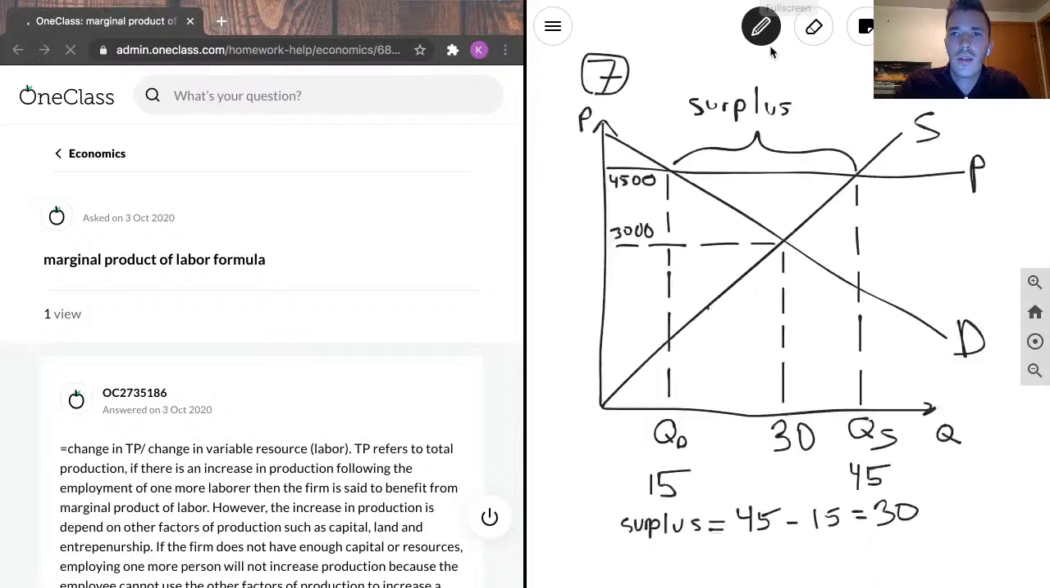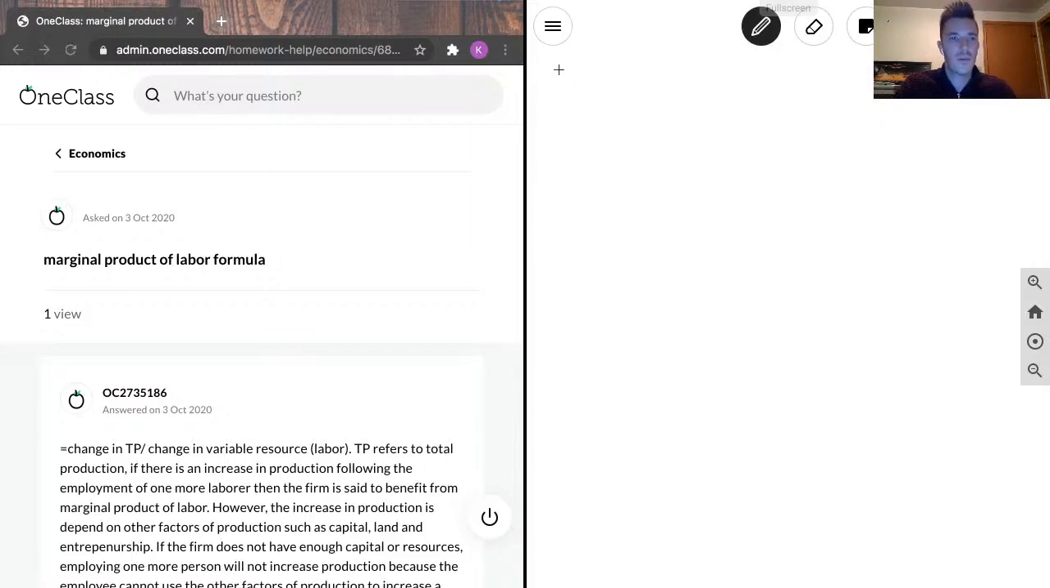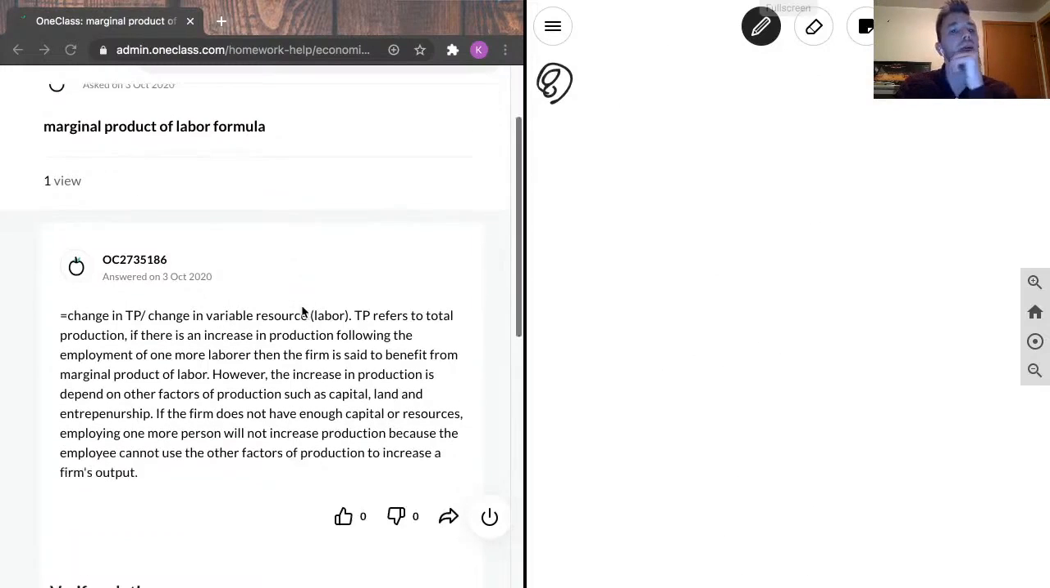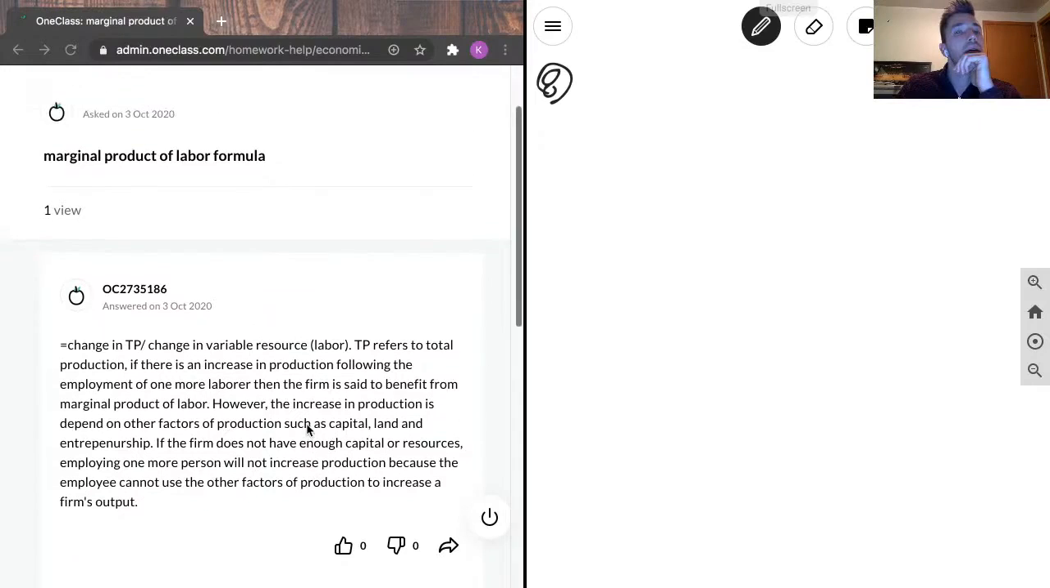Question 8. Marginal product of labor formula. Did I not just do this? So nobody did a couple of questions ago. Regardless,